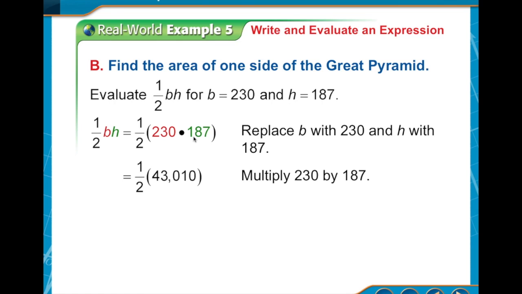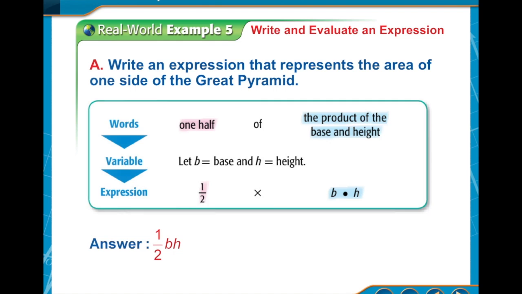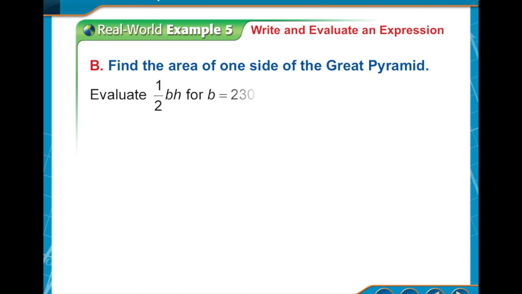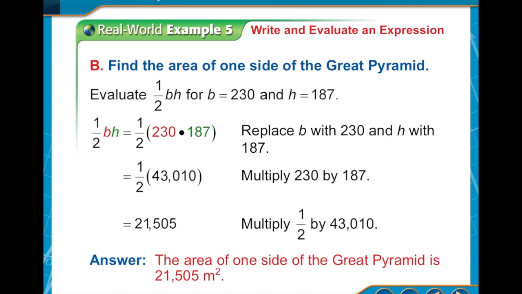So in a calculator or by hand, you can find 230 times 187 to be this number here, 43,010. We're going to have to cut that in half, though, to get our final area. And we find that the area of the base of one side of the Great Pyramid is 21,505. And I believe the units for that is meters. So a little more than 20,000 meters is the area of one side of the Great Pyramid. It's a very, very big amount of space. And it's impressive that